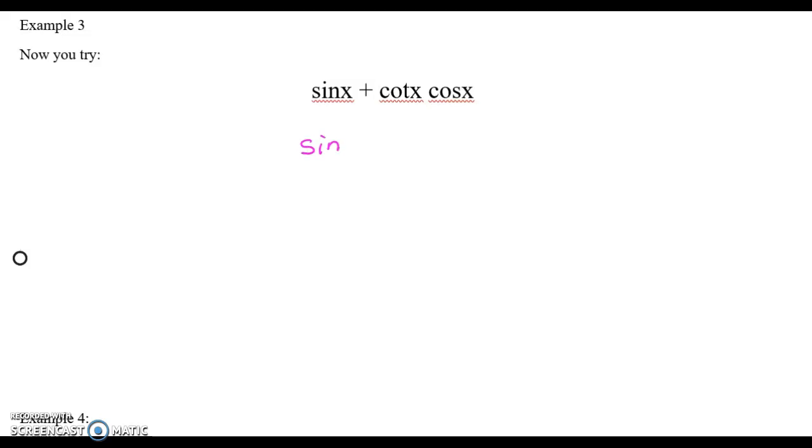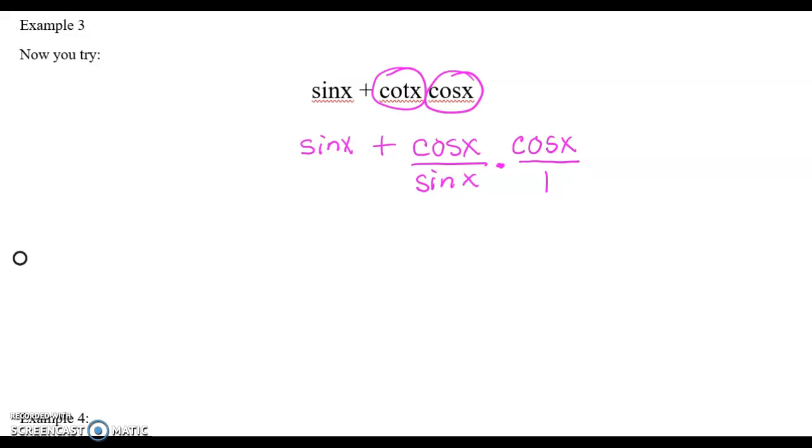So this is sine x plus cotangent x. I'm going to trade that out for cosine x over sine x. And by trading, what I really mean is substitute, times cosine x over 1. Why did I make it over 1? Because when I have to multiply two fractions together, I want to make sure that they line up properly. So I want to make sure that I'm multiplying the numerator times the numerator and the denominator times the denominator. Okay, and we have sine x,